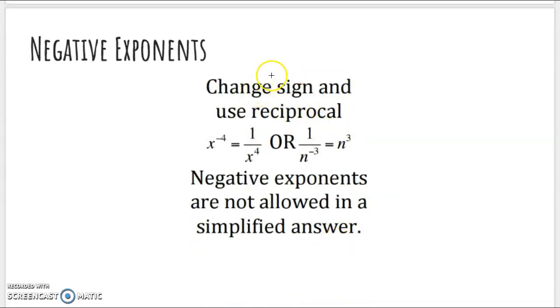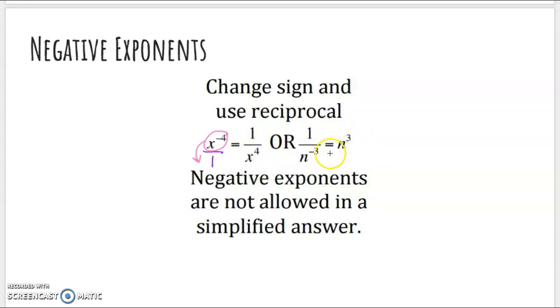Excellent. All right. And now last but not least, we have some negative exponents. With negative exponents, you change the sign and use what's called the reciprocal. A less fancy or formal math definition for that is, I always just say that if you have an exponential expression with a negative exponent, it's currently living on the wrong side of a fraction. So technically x to the negative 4th is over 1. And because it has a negative exponent, it's living on the wrong side of the fraction. So I often draw a little circle around it and then I move it to where it's supposed to be. So then I move it down here and now it's where it's supposed to be,